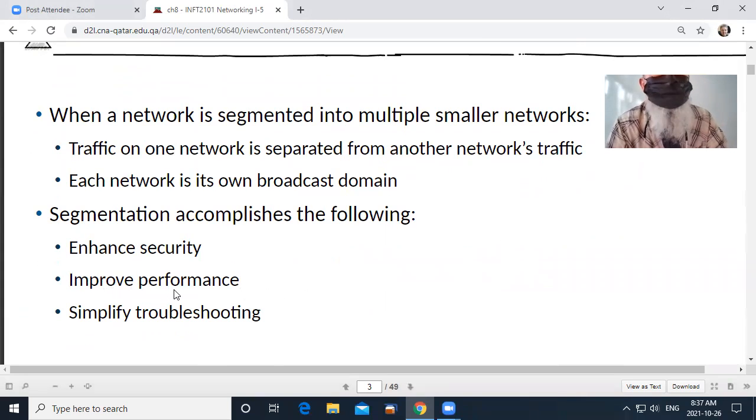It's going to improve performance because each subnet will be its own broadcast domain. The broadcast domain will be smaller. And because the broadcast domain is smaller, you're going to have, well, I was going to say fewer collisions, but you can do that just with different ports on your switch. But your broadcast frames, etc., will go to fewer devices.